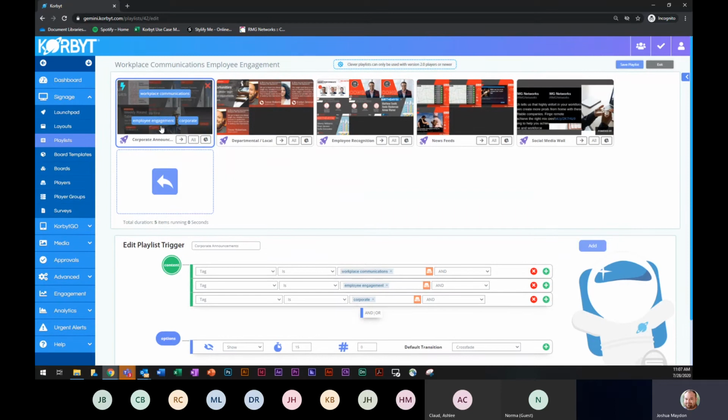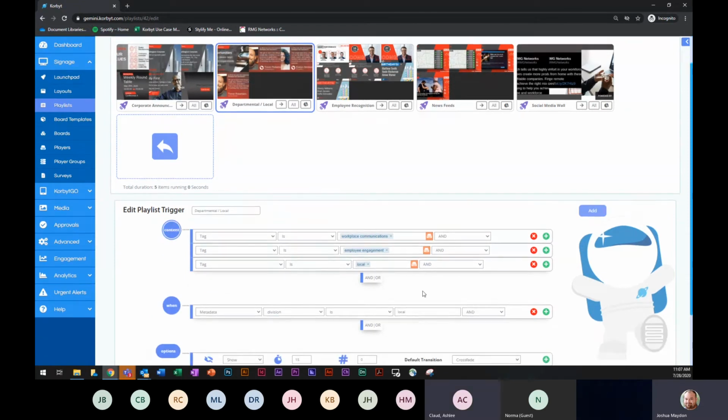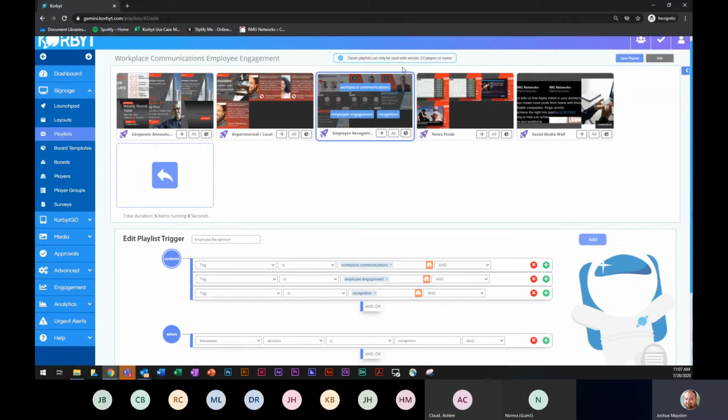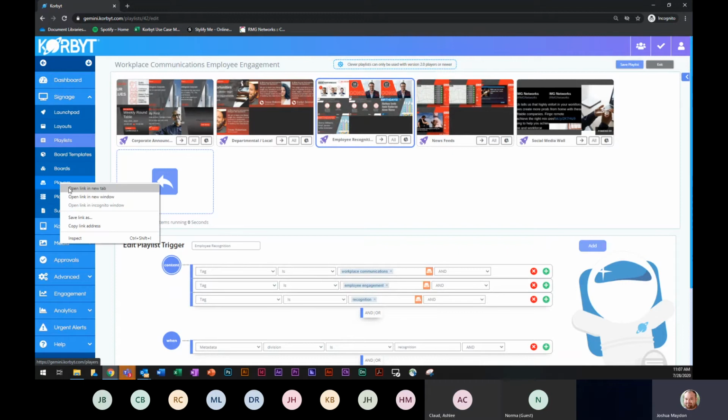So again, this will be your main campus-wide educational piece. And then we have stuff like department local, right? If I go back to here, now I'm using that when clause to say, make sure this plays on players that have division as local. And again, if we look at that one, this one's division recognition, right? So if I go back to my player,